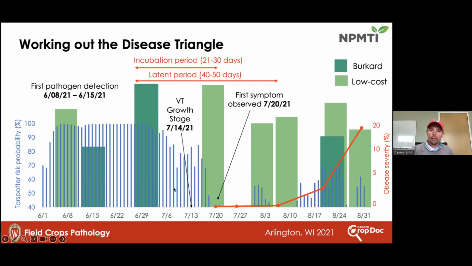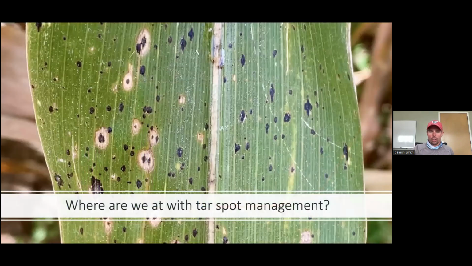And I took a lot of calls in 2021 where folks were seeing tar spot in early to mid-August, and they wanted to spray fungicide, and that was just way too late. You will throw money away in that type of situation. You really need to be proactive, preventative, and catch this thing early in the process and make those decisions early. So now that we have an understanding of how this thing is moving and how those wet-dry cycles are pushing things, this season we could potentially be set up for an interesting year with tar spot, despite the perceived dry conditions here.